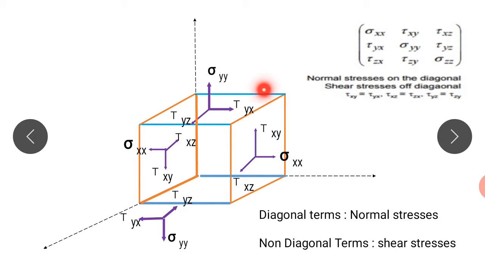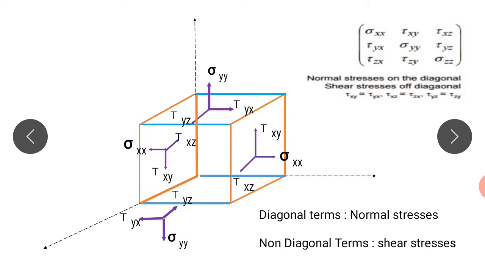Likewise, those stresses which are acting in the perpendicular direction of the face, those are normal stresses. So normal stresses, we know, can be either tension or compression. Those which pull the block are tension. Those which push the block are compressive in nature. So likewise, a 3 by 3 matrix is required to represent this stress. The first row indicates sigma xx, tau xy, tau xz, where sigma xx, sigma yy, and sigma zz are the diagonal elements. All these elements are normal stresses, and the remaining are the shear stresses.